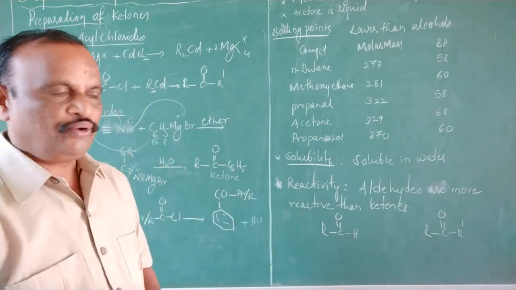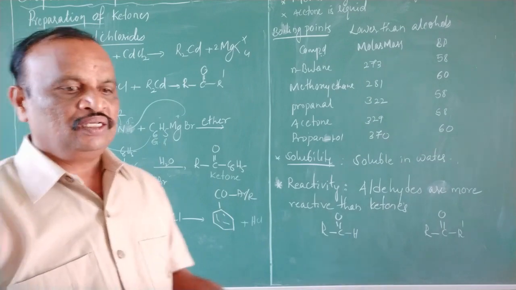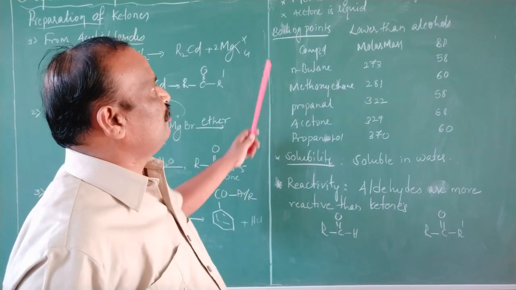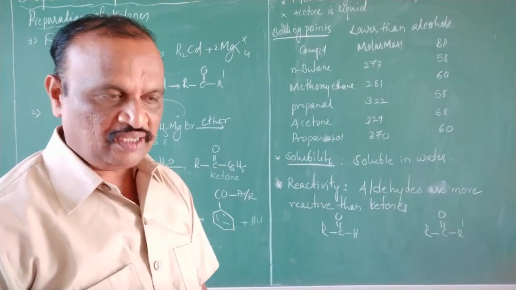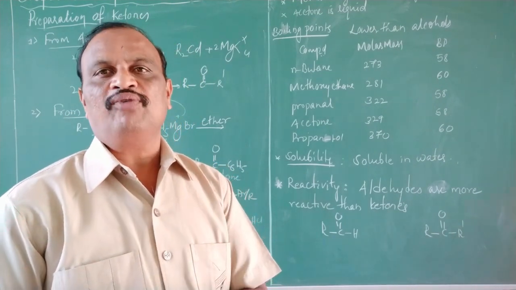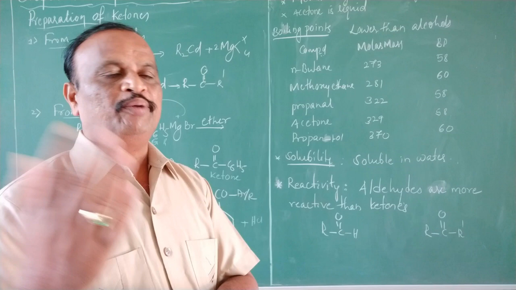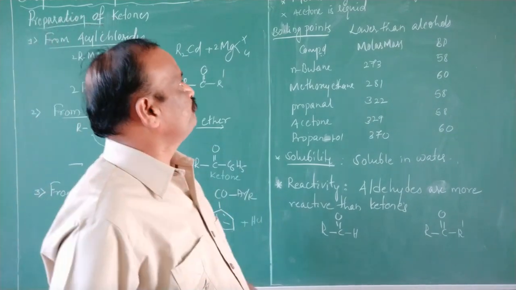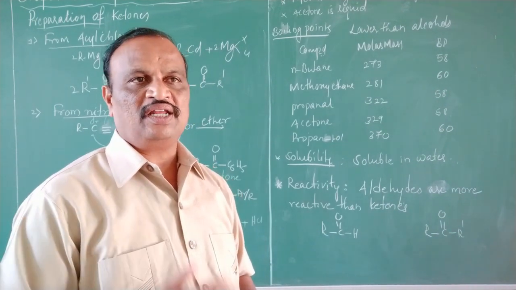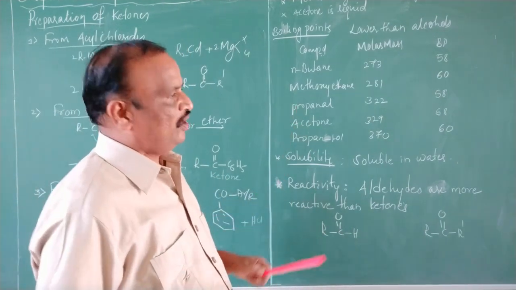Okay. So after knowing these methods of preparation of aldehydes and ketones, we are expected to know about the physical properties of these aldehydes and ketones. Let's look into the physical properties. As far as the state is concerned, among aldehydes, methanal exists at room temperature in the gaseous form, ethanal exists in the liquid form, and higher members exist in the solid form. Among ketones, acetone exists in the liquid form, and higher members are also liquids, or may be solids.